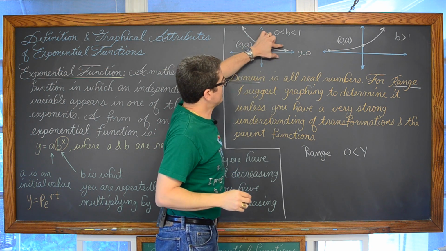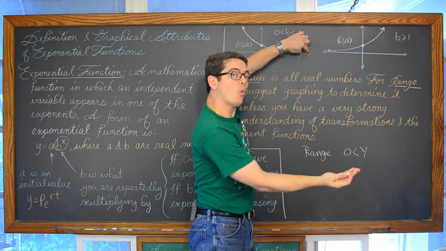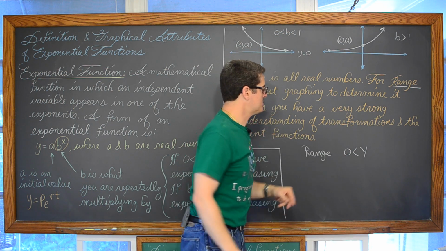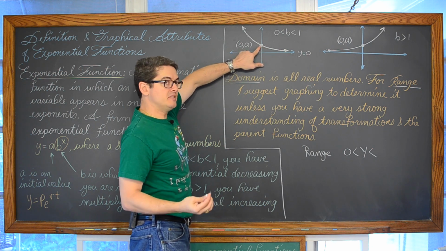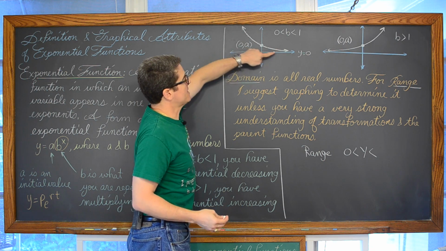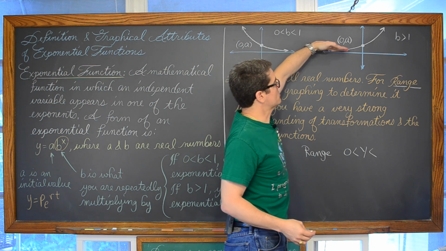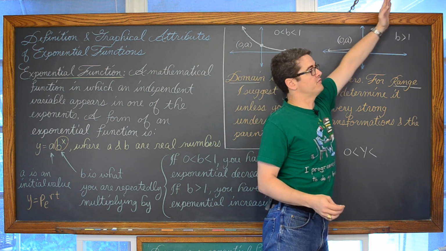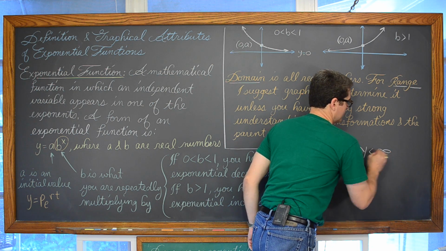So it's going to approach 0, but it's always going to be above it, even if it's 0.0000001. So y is going to be greater than 0 and less than. Now, if you let x decrease, or if you look at what this graph is doing as you go to the left, as x decreases, the graph starts to shoot up to infinity. And actually, with this growth function, it's going up to infinity as well. So the range is going to be between 0 and positive infinity.